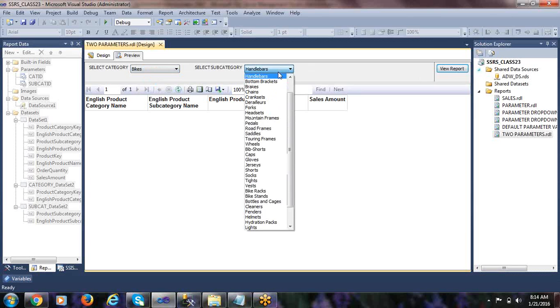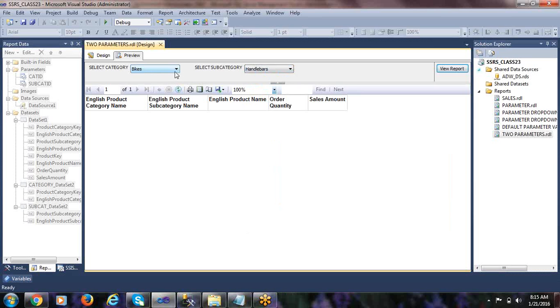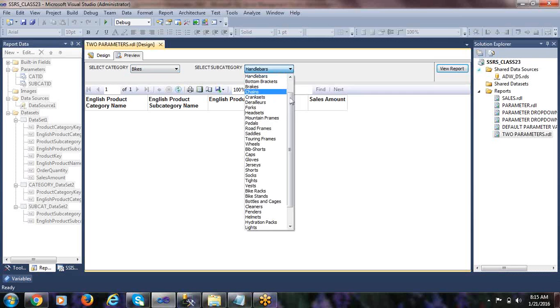Here, this problem arises because it is going to show you the entire list of all the subcategories. It is not going to filter out the data. Clear? So it is not filtering out the data based upon the selection of the category. Let us assume that if I select bikes, only bikes related subcategories appear in this drop down list. If it is getting filtered out based upon the value selection of the first report parameter, that is category, then it would be great.